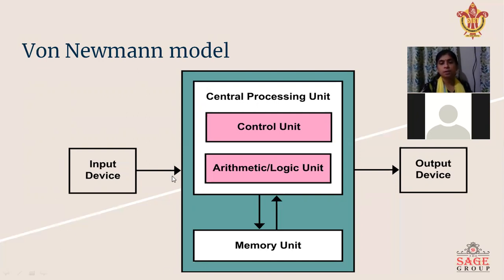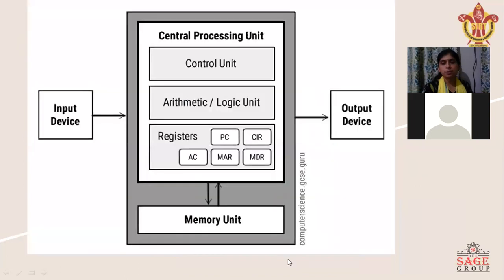known as bus. In the next topic we are going to discuss the function of the bus and the different types of buses, under the heading system buses. Here we will see the different functions of the different units: input device, central processing unit, output device and memory unit. This is another diagram of the von Neumann model.